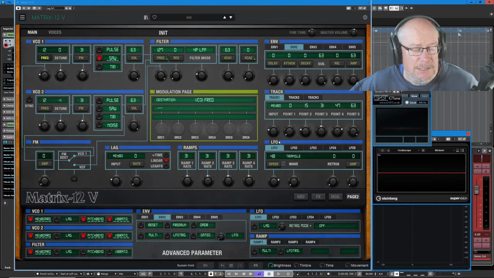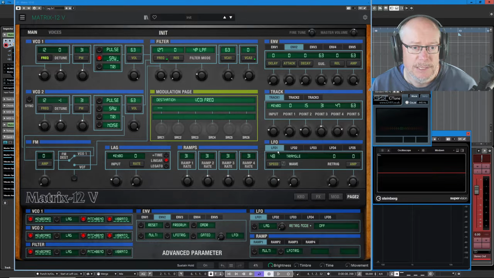The LFOs in this synthesizer are a pure modulation source. Occasionally, you will have audible LFOs on synths. That's not the case here. And as you can see, we've got 5 of them to play with. As usual with these demonstrations, I'm going to predominantly concentrate on modulating the pitch today because it's really easy to identify. And we're just basically going to concentrate on LFO1, but the same principles apply to each of the different oscillators. What we've basically got is a shape, a waveform, that's going to be used as a modulation source on